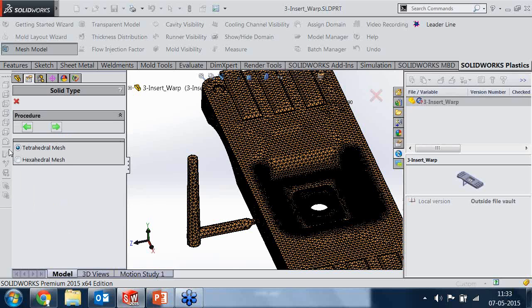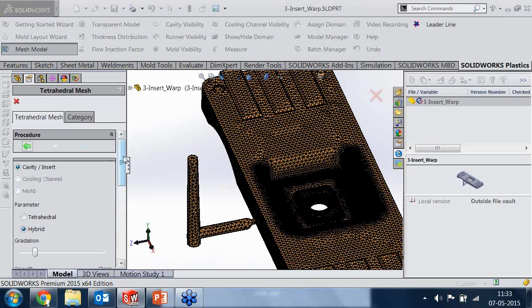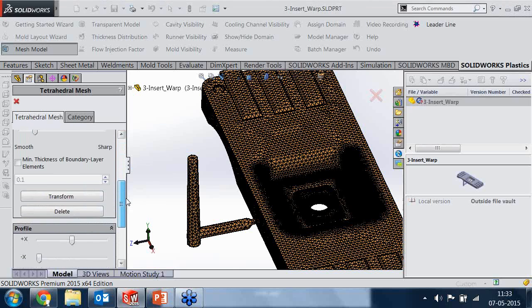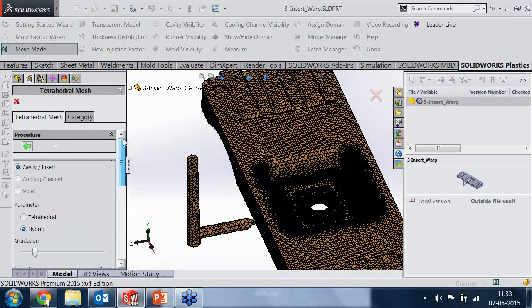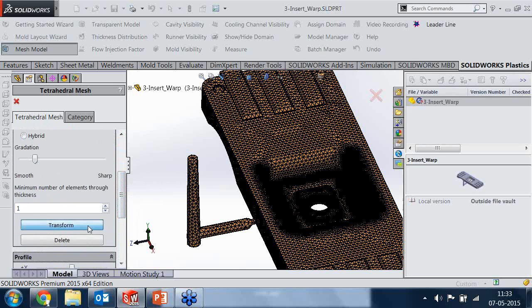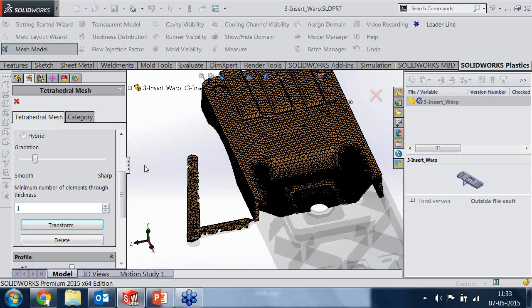Now in the next stage I can convert it into a tetrahedral or hexahedral mesh, then on to a non-orthogonal voxel mesh if it is required. So for the tetrahedral mesh here, I just go along with that. Now we can see the tetrahedral or hybrid option, the minimum thickness of the boundary layer and all those things. And I can also set the profile, and then say select, I say transform, so that my mesh is going to be transformed into a tetrahedral mesh or hexahedral mesh or whatever I've selected. I can also make it hybrid,